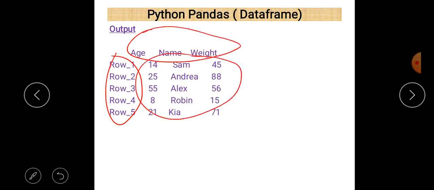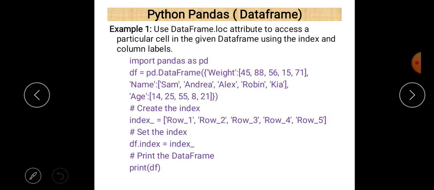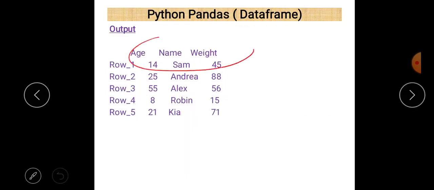One thing should be remembered: when you make a data frame using a dictionary, order doesn't matter. In this case you can see that weight, name and age are the three column names, but the sequence is a little different, because age comes first and then name and weight. It may be possible that when you execute this program, the order is different from what is shown on screen, because we know that a dictionary is an unordered data type, and the key is associated with each value.